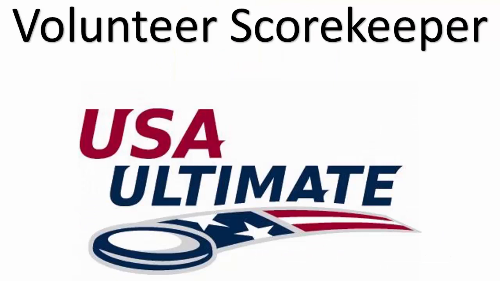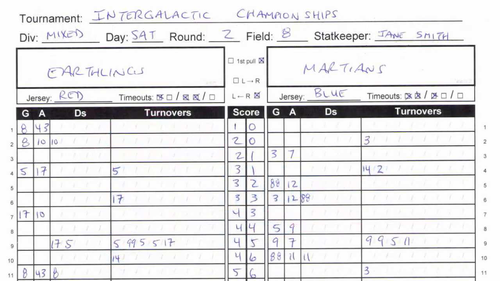As the volunteer title suggests, much of your role will be keeping track of scores and stats at the field. Let's use an example to illustrate how to fill out your stat sheet and collect the information which will be made available to media and athletes at the USA Ultimate website. You have a copy of this example sheet in your binder.